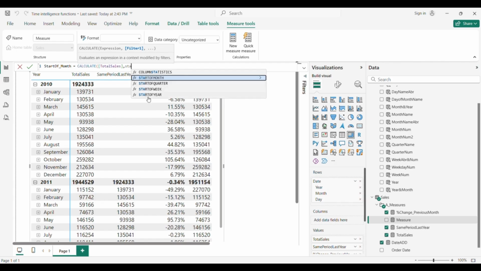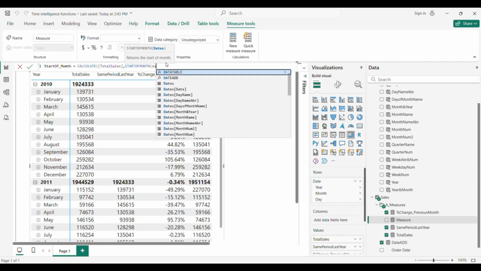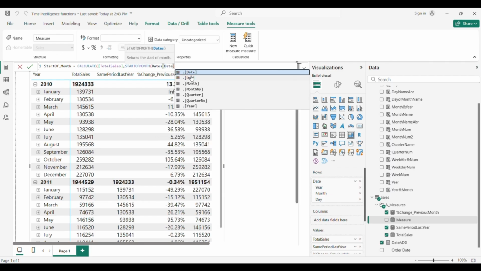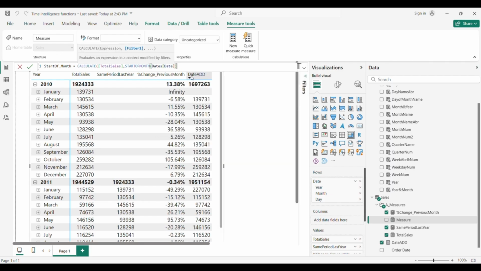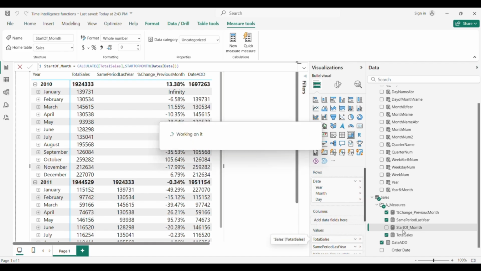As you can see, we have different options to choose, and we just add inside dates and date, and that's it. Close parentheses, and now we can just put a measure on our table, matrix table.